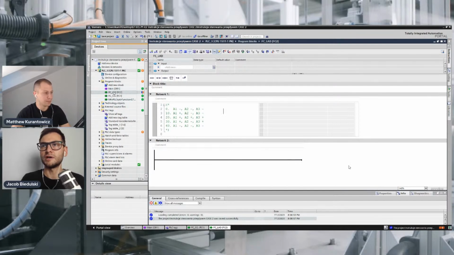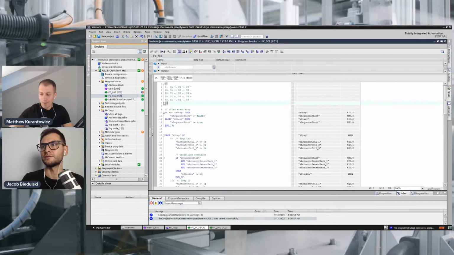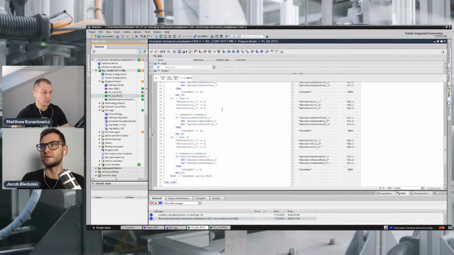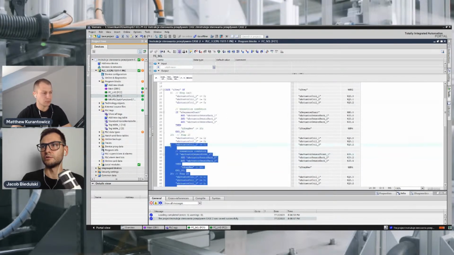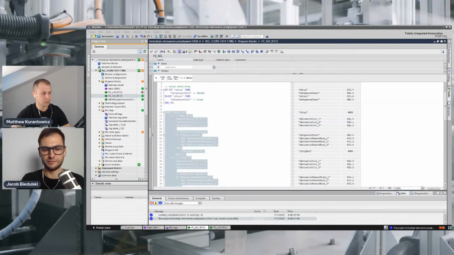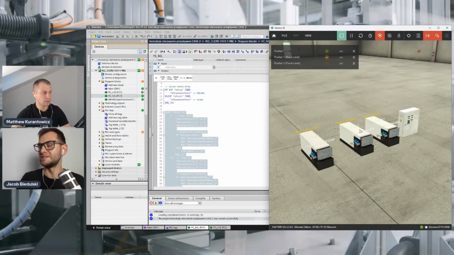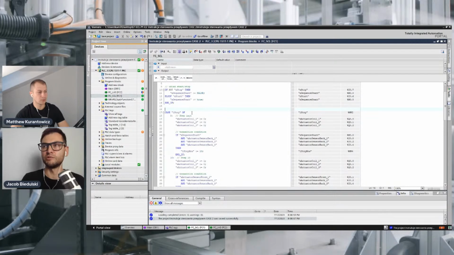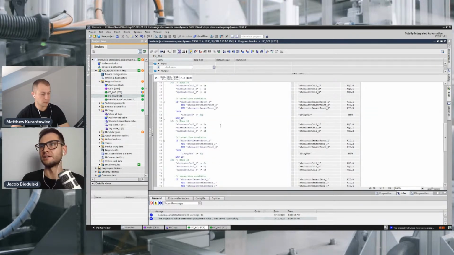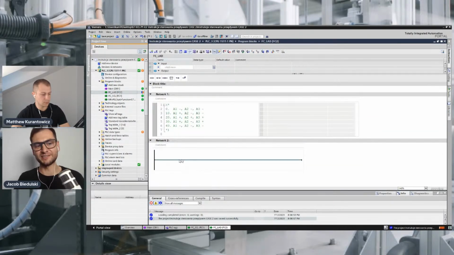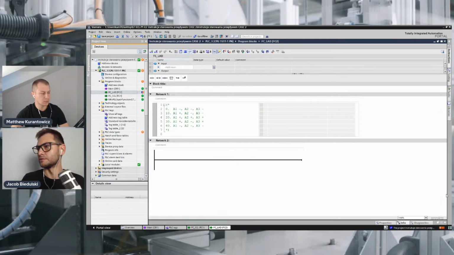So I have declared two functions, one function in ladder, the other in SCL. Here is the code that was moving this factory IO scene a few minutes before. This sequence is programmed in SCL, in textual language. And now we'll program from scratch the same sequence in ladder logic. So take a careful look, make some notes if you want to